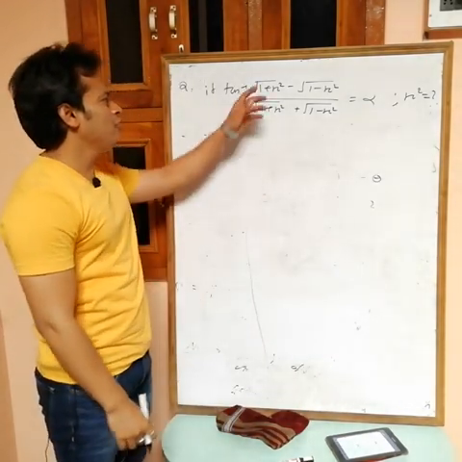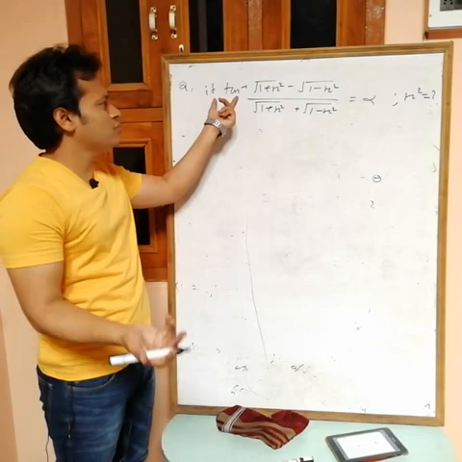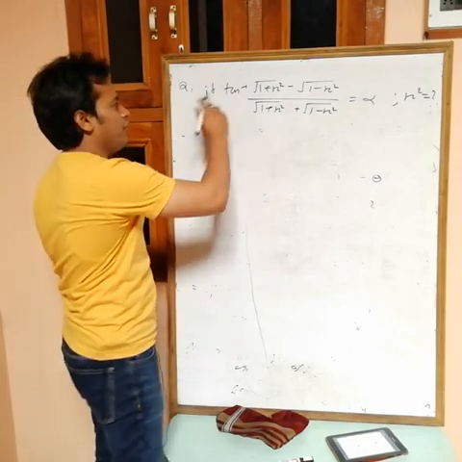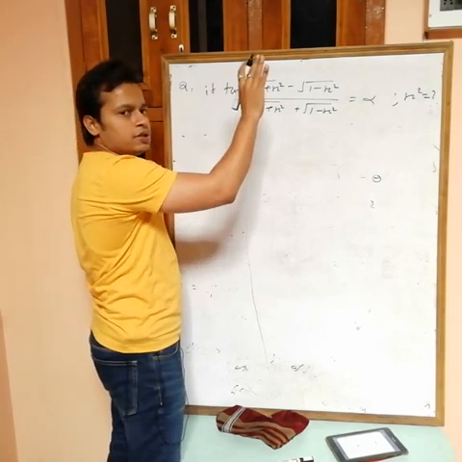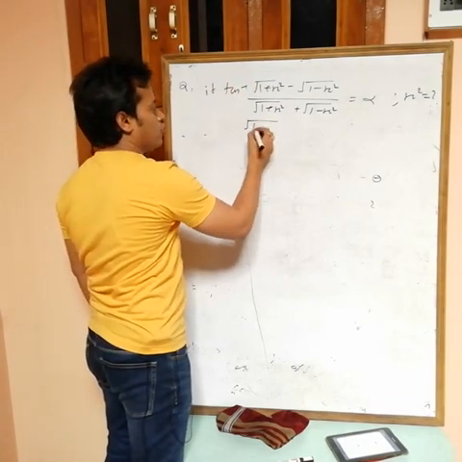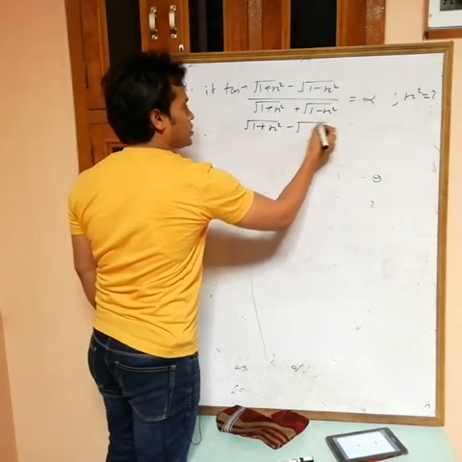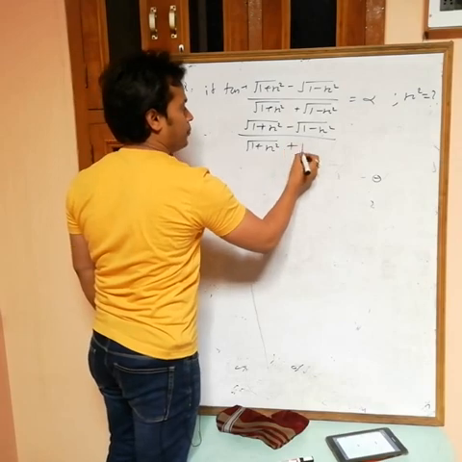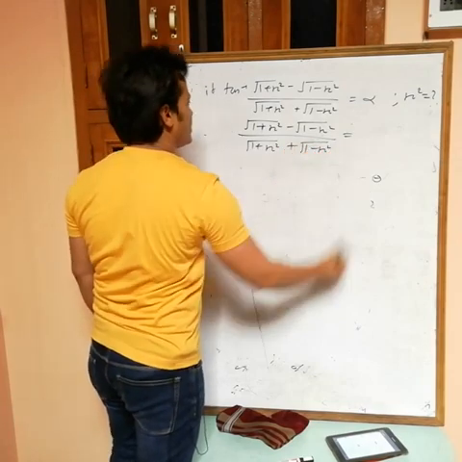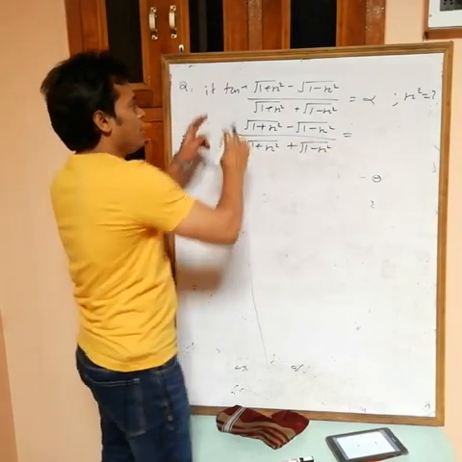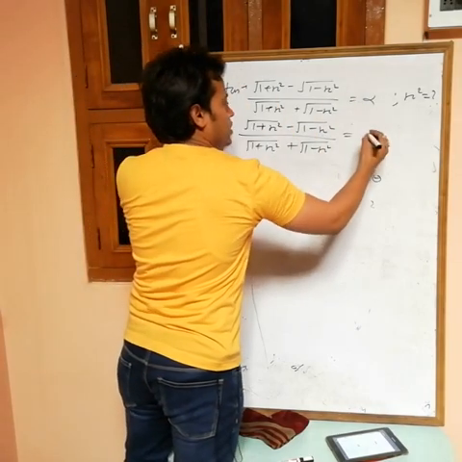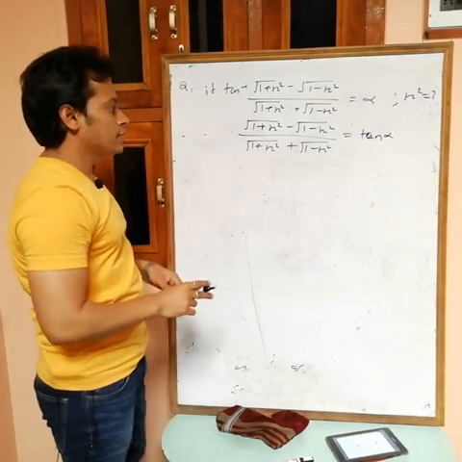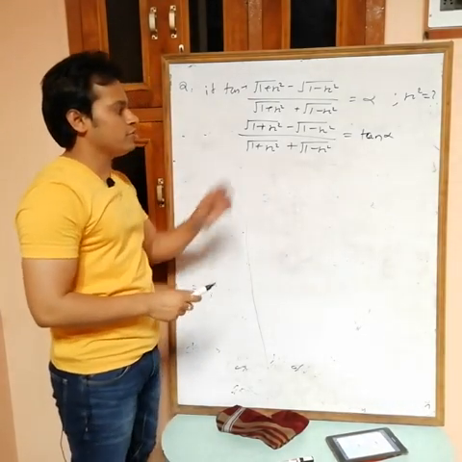You want the value of x square, so here there is no need of tan inverse. So take tan on both sides. If I take tan of tan inverse, it cancels out. So root 1 plus x square minus root 1 minus x square, over root 1 plus x square plus root 1 minus x square, is equal to tan alpha. Now what do you want? The value of x square, so we have to simplify this one.